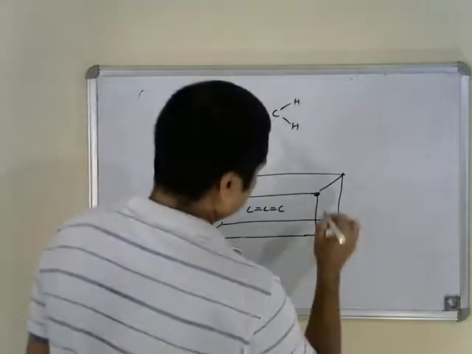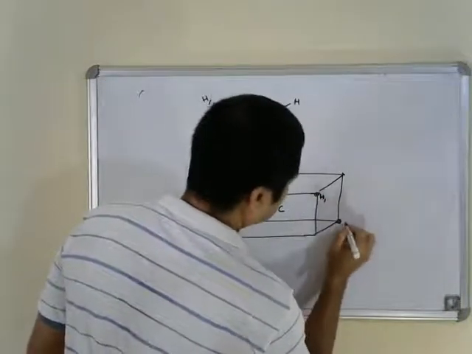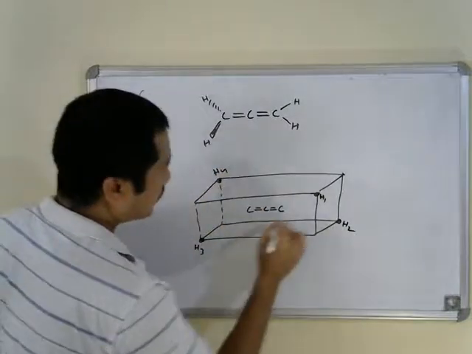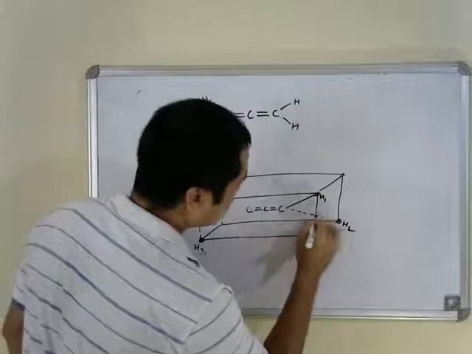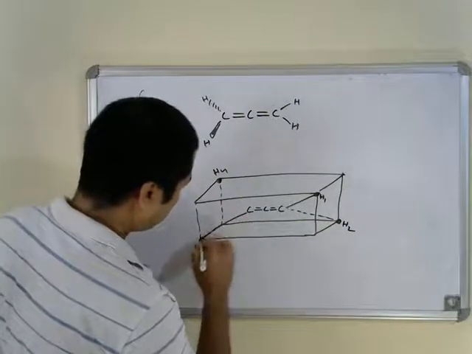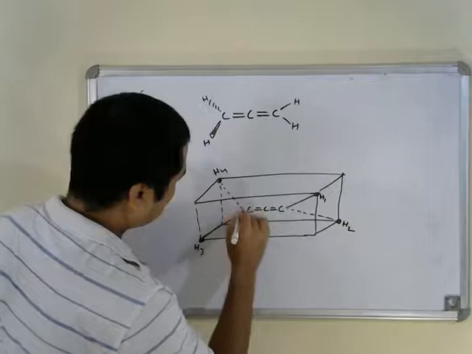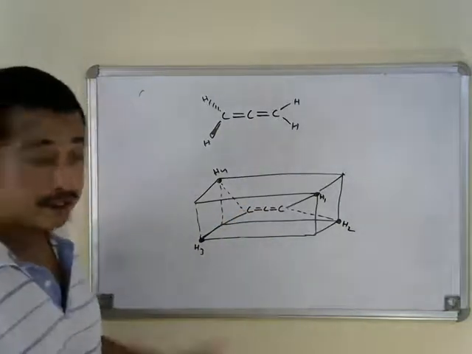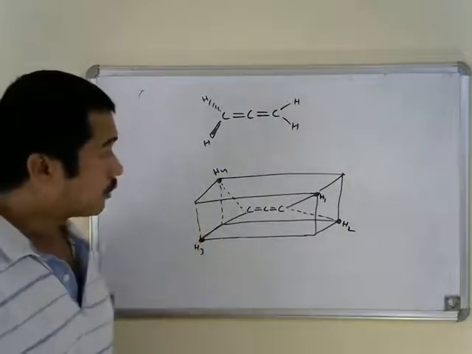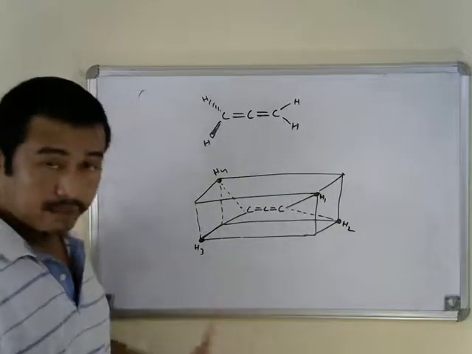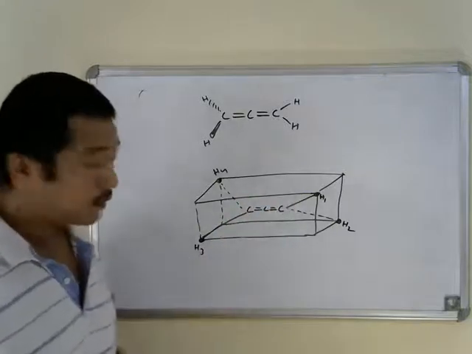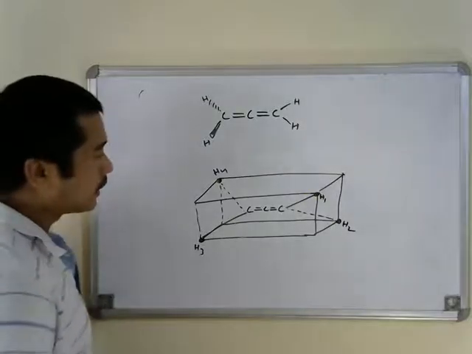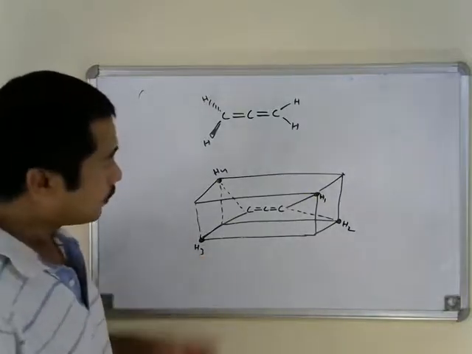So this is H1, say H2, H3, and H4. Let's also connect these atoms. That is how, to deduce the symmetry operations in the allene molecule, we need to visualize the molecule inside a cube by placing the hydrogen atoms in the alternate corners of the cube. If you do so, you can easily deduce that there is a C2 axis of symmetry